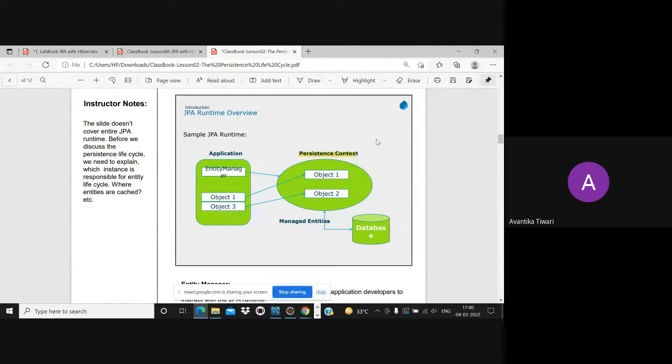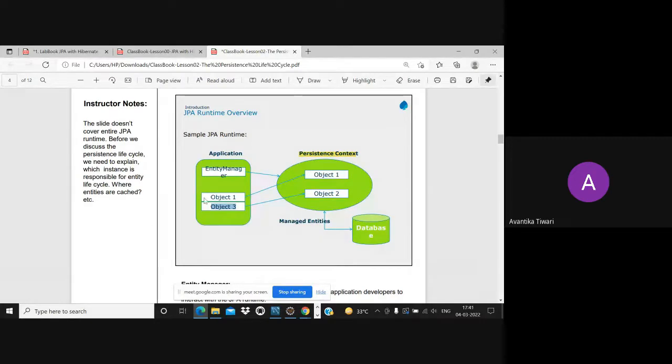So for every object that you create, in my Java program, if a student class is there, we will be creating objects for the student class. For every object that I am creating, there will be a persistence context, some memory location where the CRUD operations are performed.